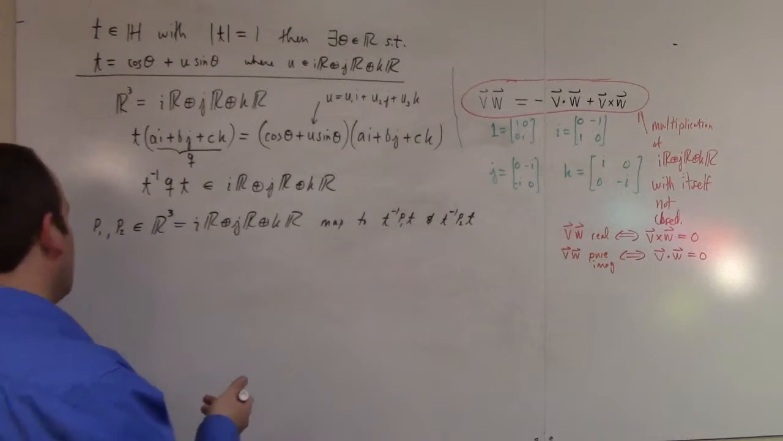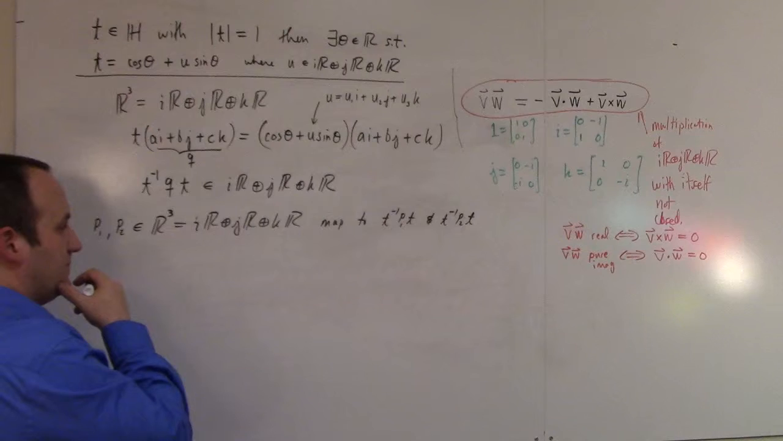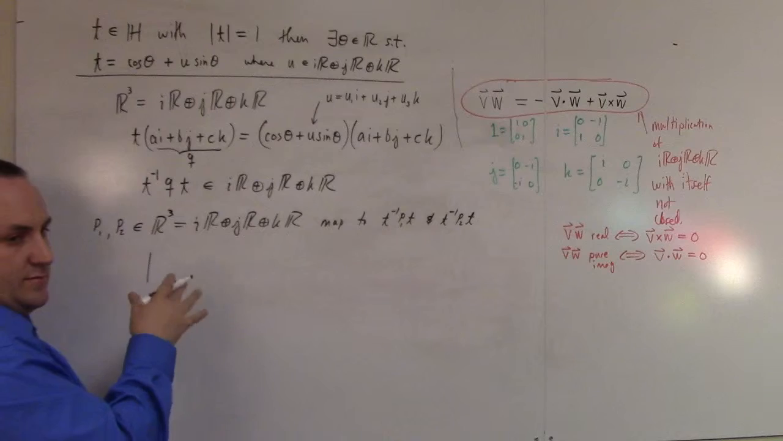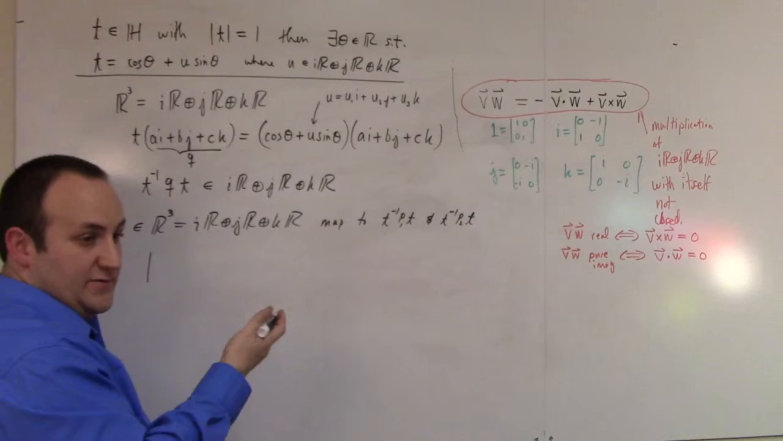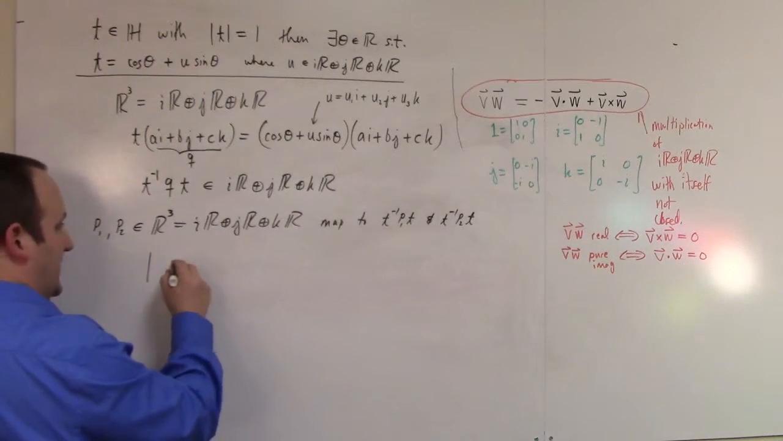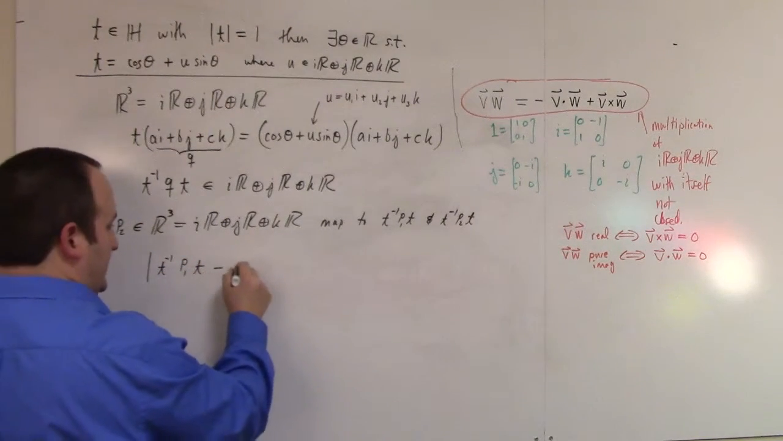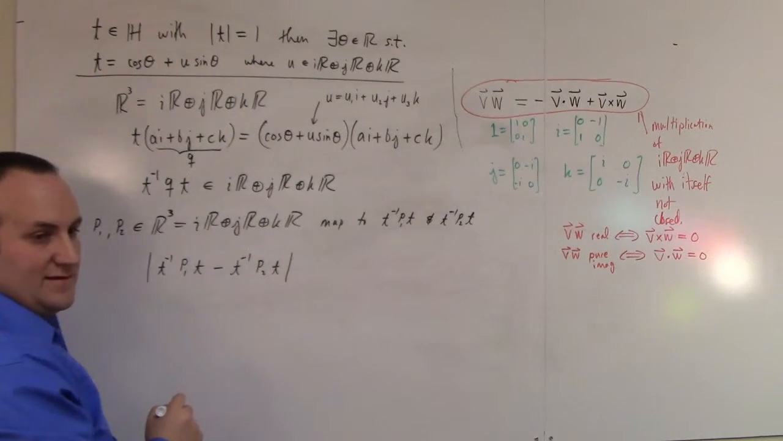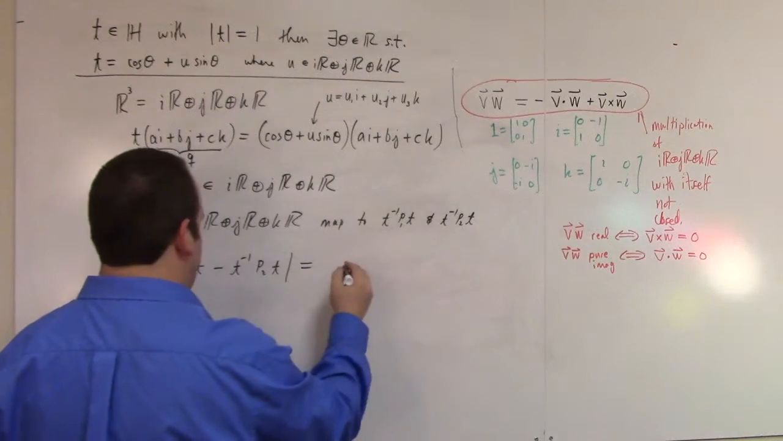Let's see why. So, trying to remember. Oh, we know that the quaternionic absolute value is multiplicative. That's the critical thing here. So we have to look at T inverse P1 T minus T inverse P2 T. I think you see where this is going. Use the multiplicative property of the absolute value, factor out, right? So this is really,